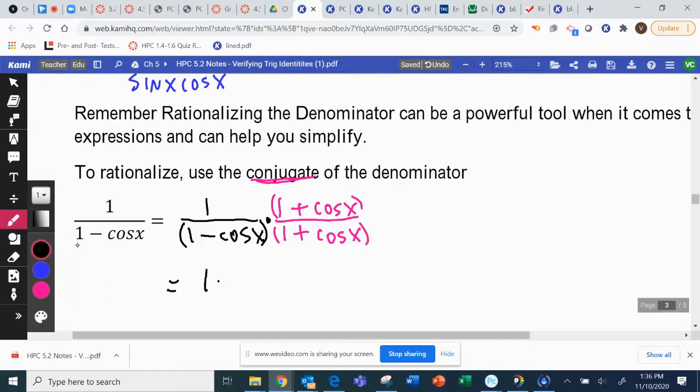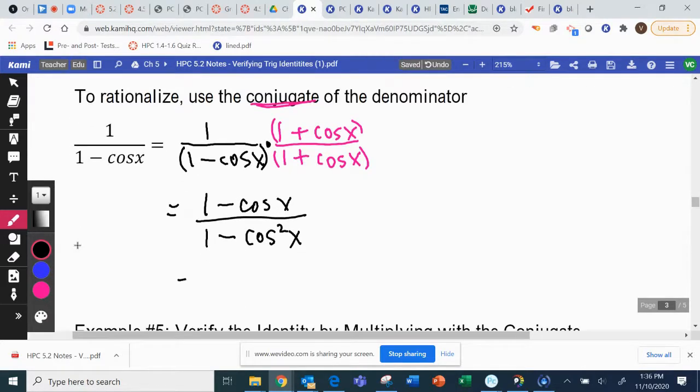So on top, I would have 1 minus cosine x. On the bottom, I would have 1 minus cosine squared x, which would give me 1 minus cosine x over